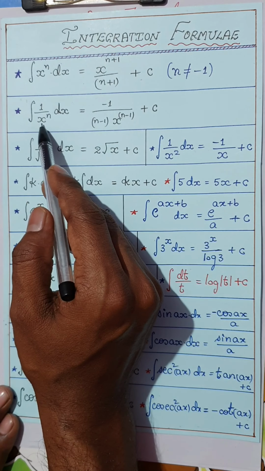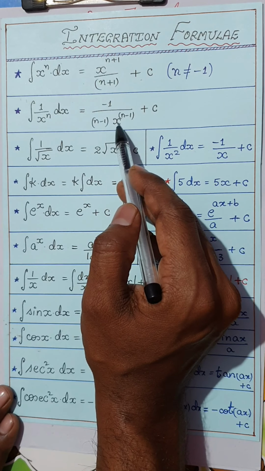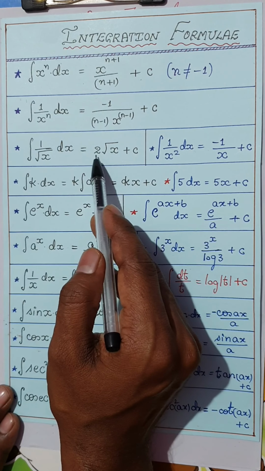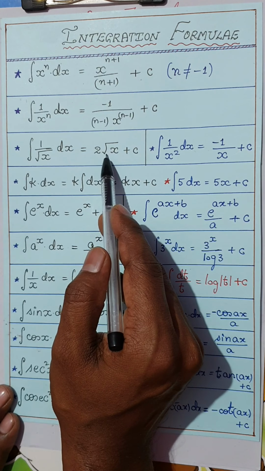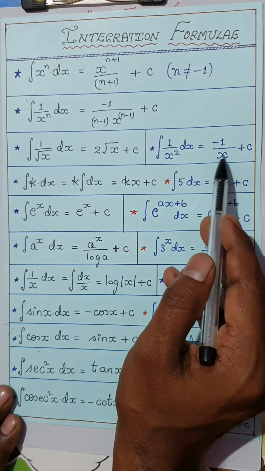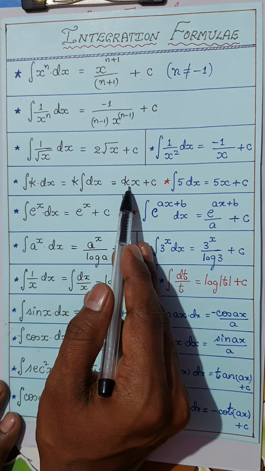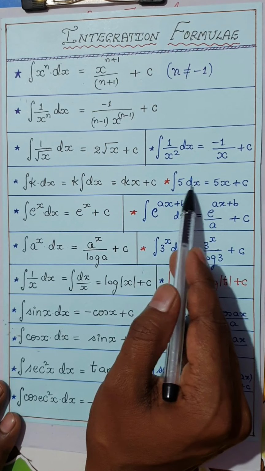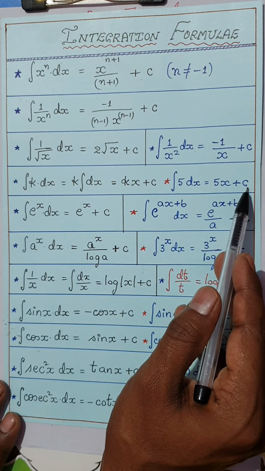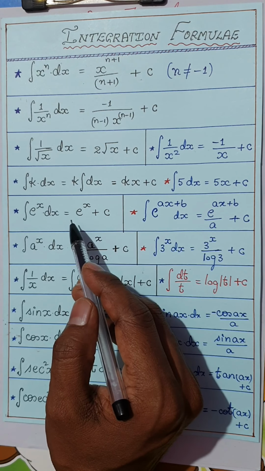Now in the same way, integral of 1 by x power n dx is minus 1 divided by n minus 1 into x power n minus 1. Now integral of 1 by root x dx is considered a standard integral, which is nothing but 2 root x plus c. Similarly, integral of 1 by x square would be minus 1 by x. Now we all know integral of a constant is constant into x. For example, integral of 5 dx is 5x. Now I am not speaking about the constant, because in this session we are dealing with definite integrals.